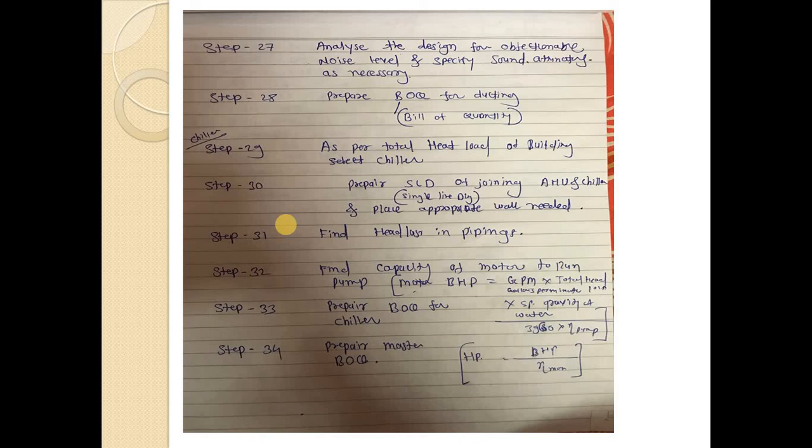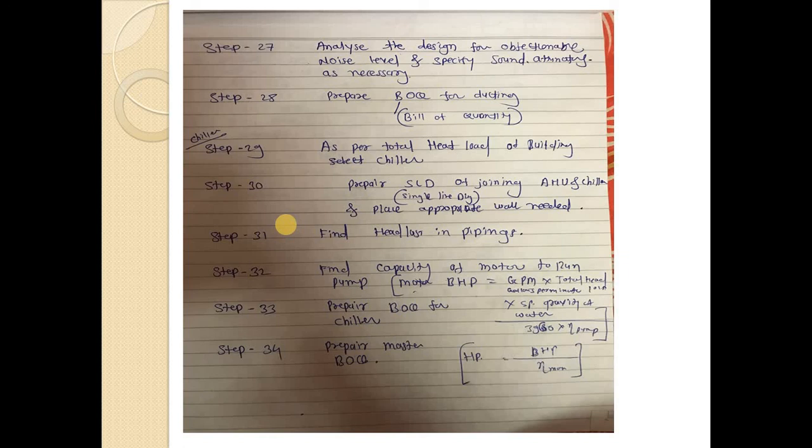It is mostly suitable for sports complexes, cinema houses, auditoriums, etc. So we must consider the sound attenuation level and a good kind of insulation in the 27th step. And the 28th step is to prepare the BOQ, that is, the bill of quantity